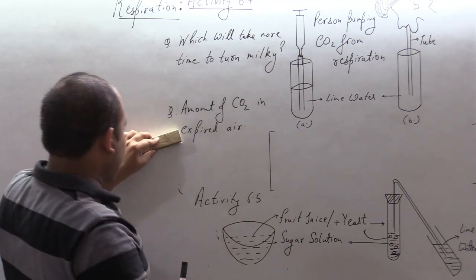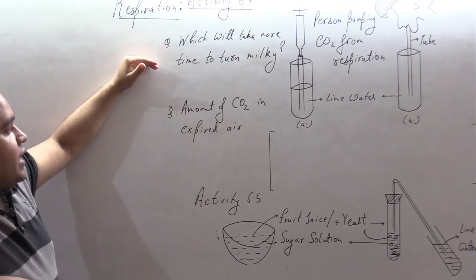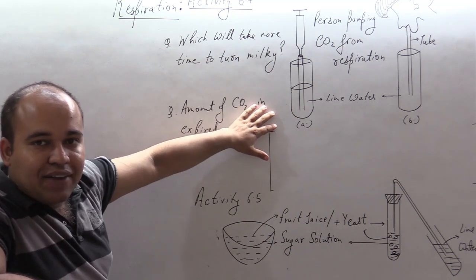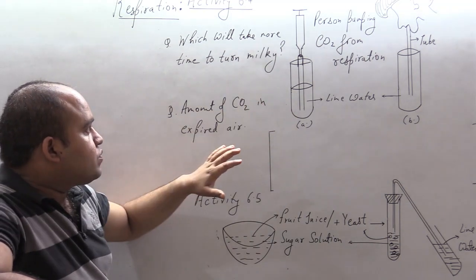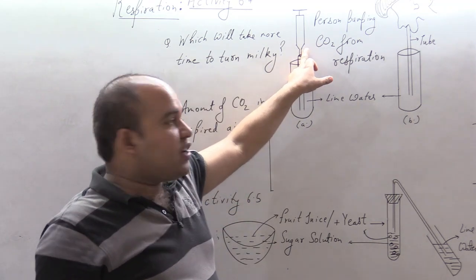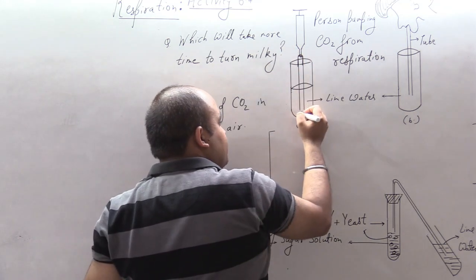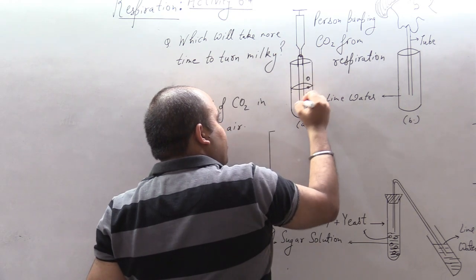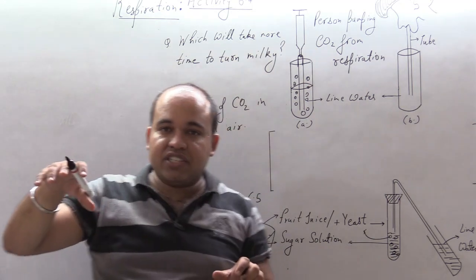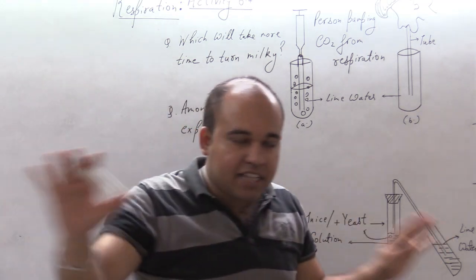The activity number 6.4. What does activity 6.4 state? It states that in this activity we have taken two test tubes. Both the test tubes are filled with lime water. In one of the test tubes, a pump, a syringe or a pichkari is taken and air is pumped into it. Both test tubes have lime water. In the first test tube, you can see a pichkari or a pump attached, and air is passed through the lime water. Simple air has been passed.